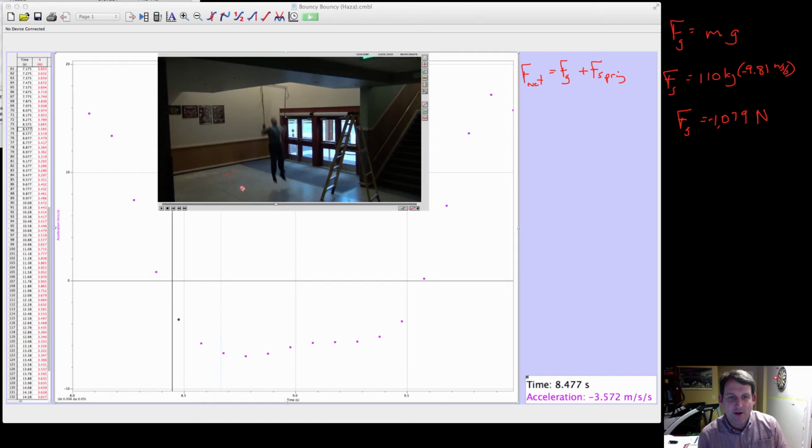So at this point, I know my acceleration is 0 because I can just come over here and say, okay, this is the acceleration thing. So wherever it's 0 is right here where it crosses the line. And it's going to be right around in here somewhere. I'm a little bit off, but pretty close. And you can see my feet aren't touching the ground. So here when the acceleration is 0,